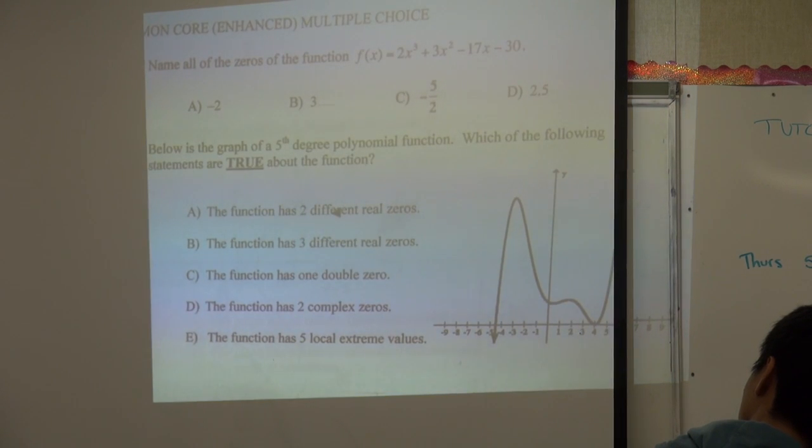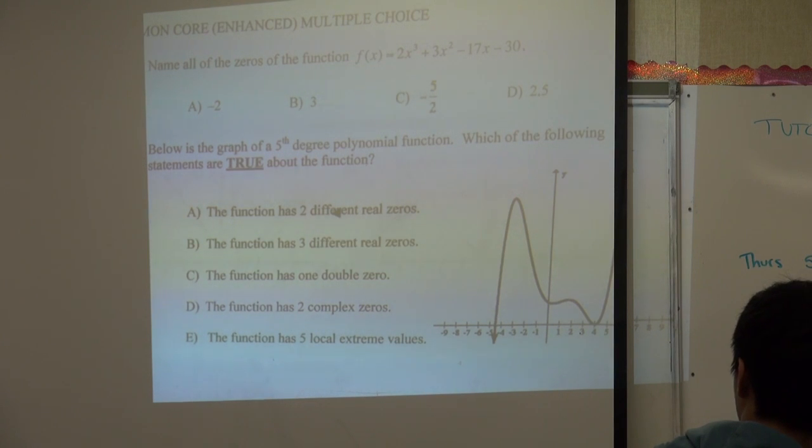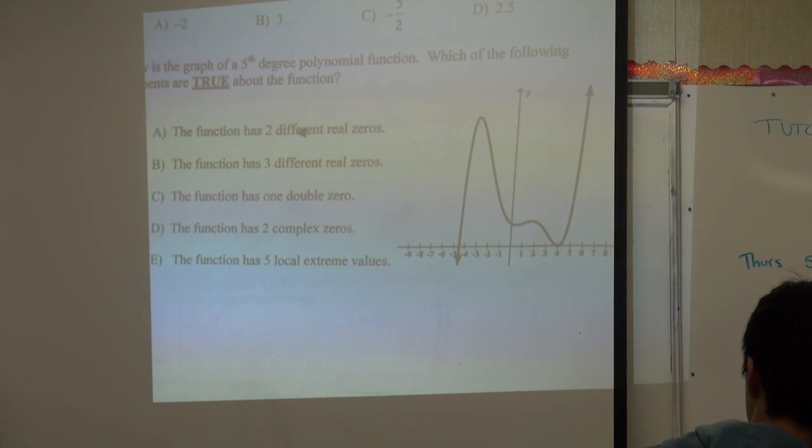Question number 16. We have played around with this problem for years, with changing the wording. And we always have different opinions as to what's the best kind of wording to use. And many of you came up to me and were wanting me to translate for you what it meant by 2 different and 3 different real zeros. The fact that there are only 2 x-intercepts means there's only 2